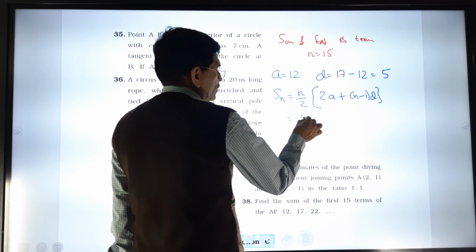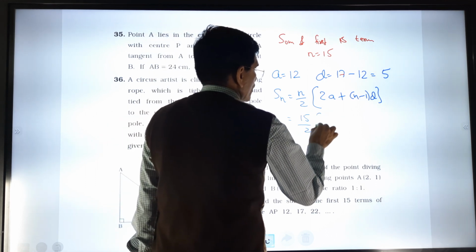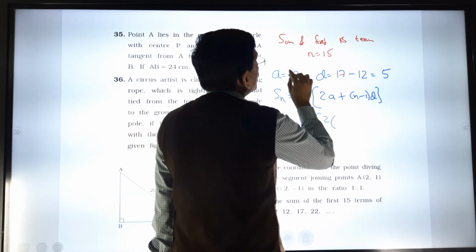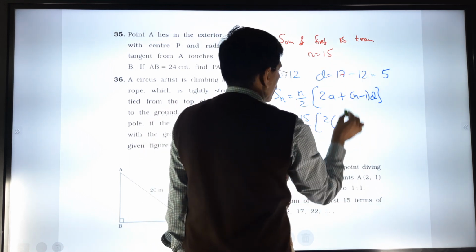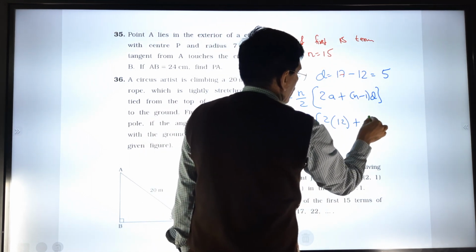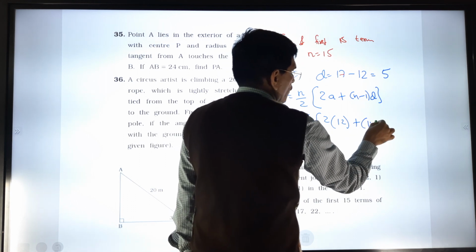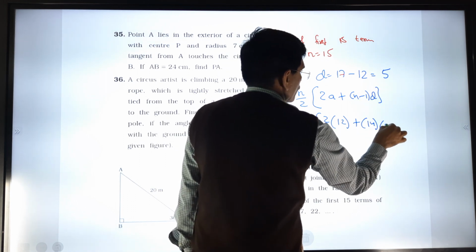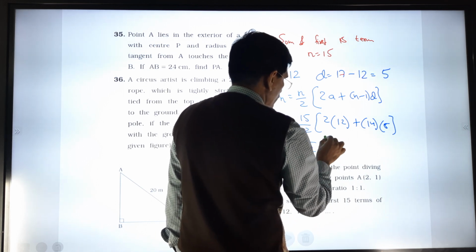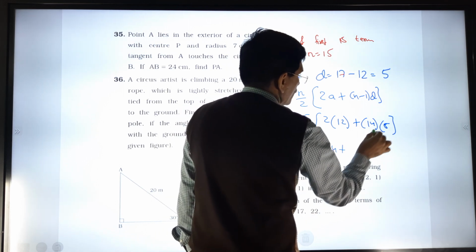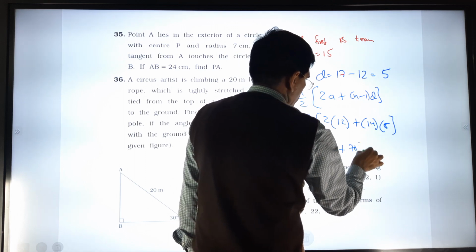So 15 by 2, 2 into a, what is the value of a? A is equal to 12, n minus 1 is 15 minus 1, that is 14, d is equal to 5. So 15 by 2, 24 plus 14 5s are